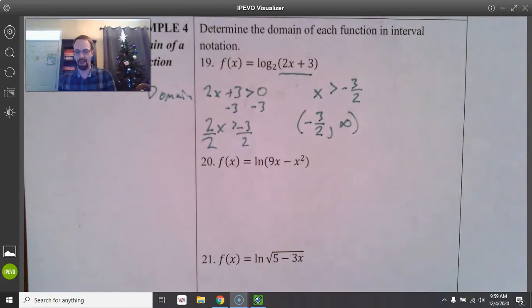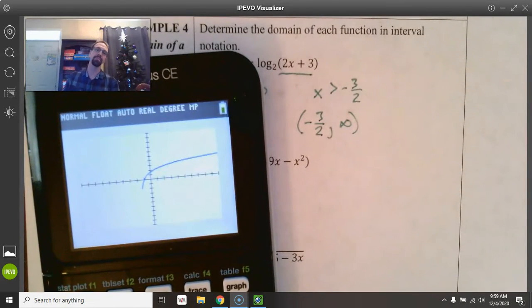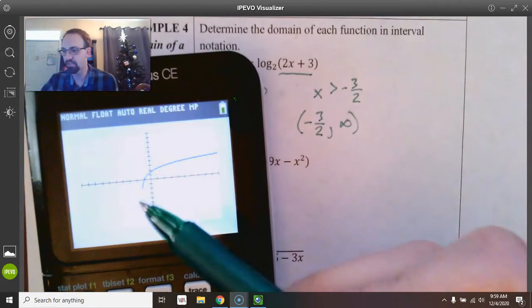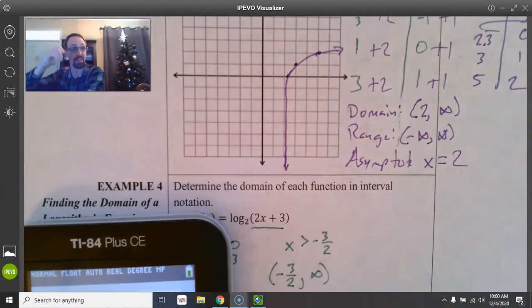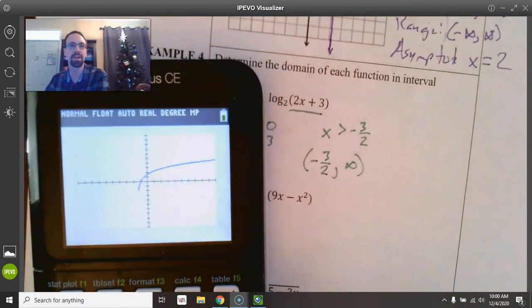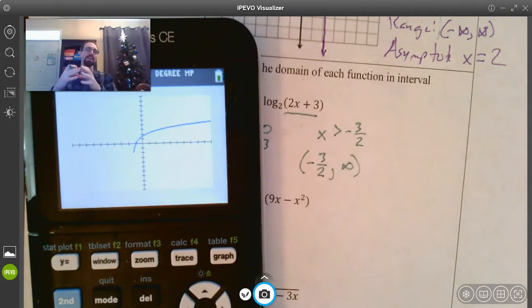Now, I want to show you the graph of this so you can visually see what's happening. As you can tell, the graph only displays to a certain point, but in all of the graphing problems that we've done, we've noticed that it continues on going down. That is true of here, except the pixels can't get a smaller pixel width. So on here, the pixel width is only a certain size. As we continue to zoom in, we would be able to see more and more. It gets really close to negative 3 halves, but as soon as it gets to negative 3 halves,